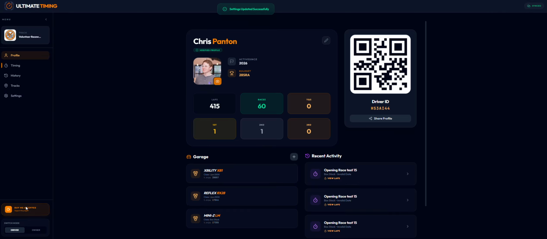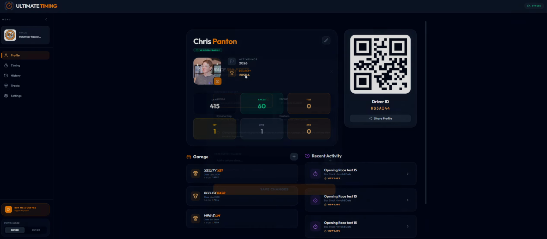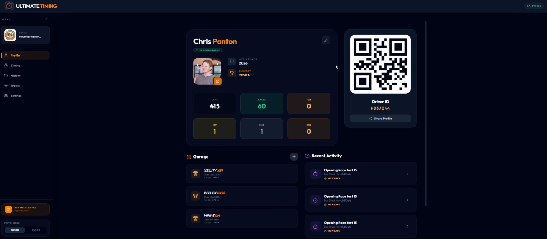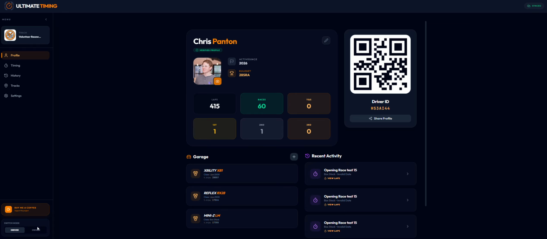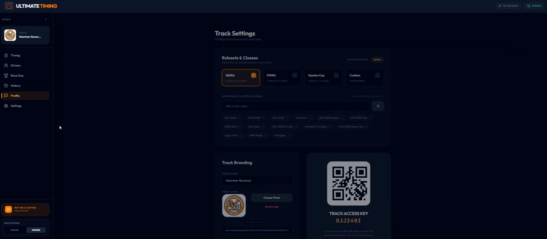This also corresponds to the driver as well. If a driver sees themselves as, hey, I like 20 SRA rules, that's the class I'm going to follow, I'm going to save that. And then if there's a specific car class maybe I run, you can also incorporate that, and this class list follows that as well. So going back to the track profile,